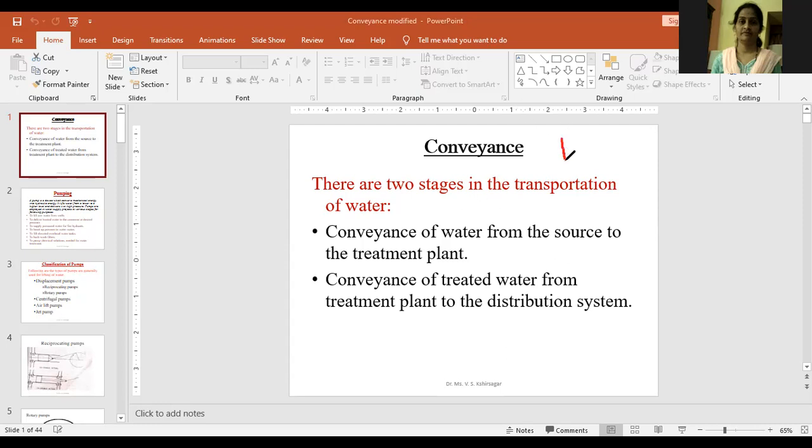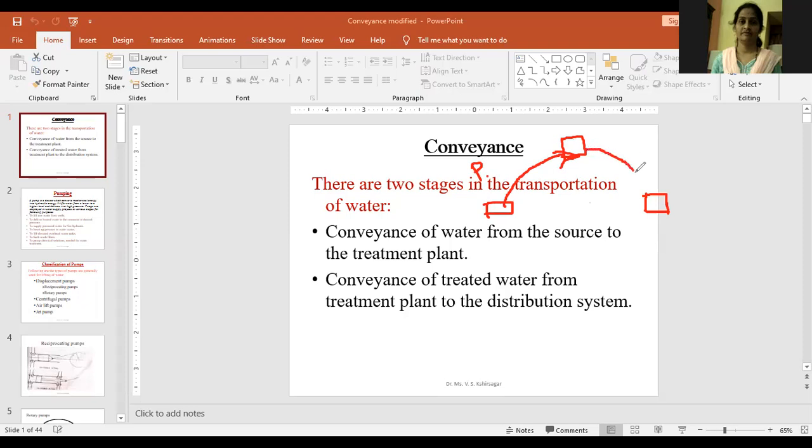Suppose here is the treatment plant, and here is the storage or the source, and here is the area to which you want to supply the water, where the public or the consumers are placed. Usually the source of water is at the low-lying area, and that's why I'm trying to show you with the elevations. So from here to here, maximum time we collect the water by pumping.